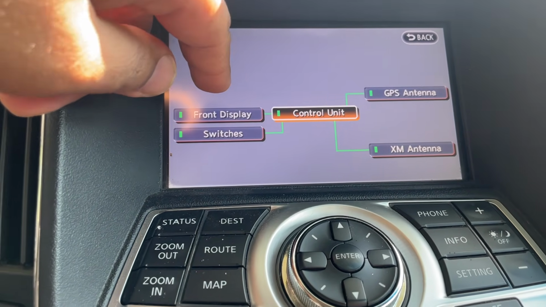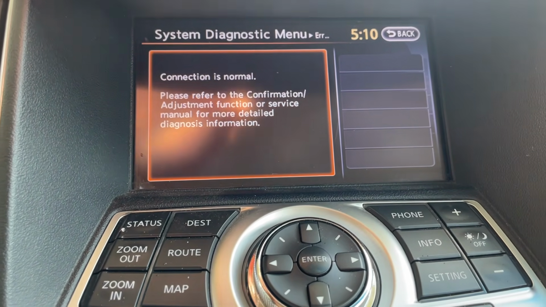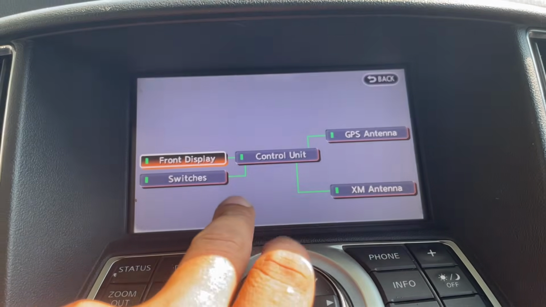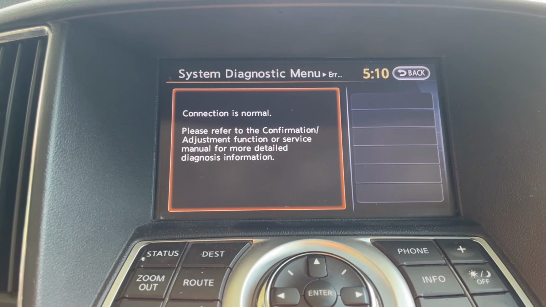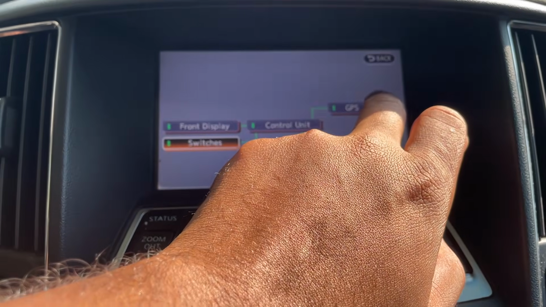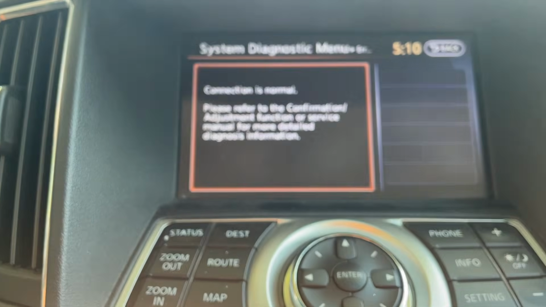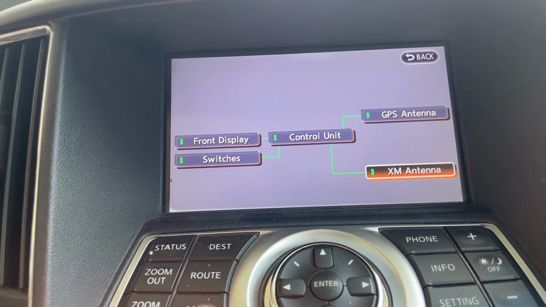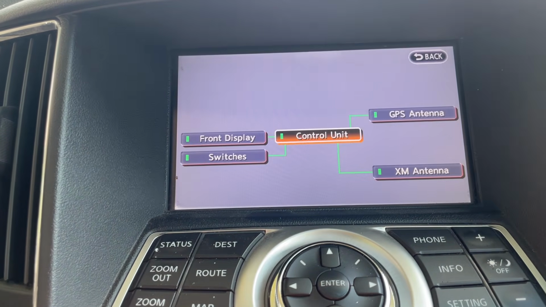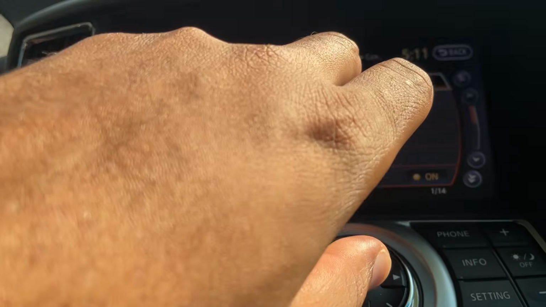and this is pretty much what it could do so far. Now I haven't went through everything yet because it's a lot, but we could try to go through it together. So far everything is pretty much good. GPS antenna, connection is normal. So XM, normal. Control unit, it did not detect any errors. Plus everything's brand new in the car, so